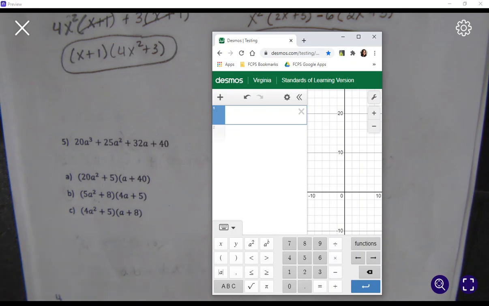Okay, so I'm going to do 20a to the third plus 25a squared plus 32a plus 40. And then you want to be able to add the slider